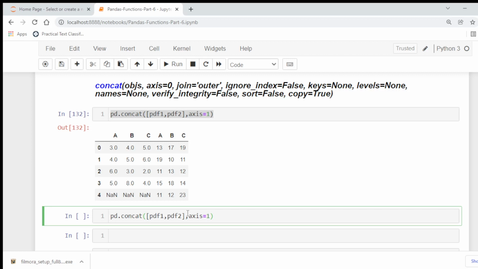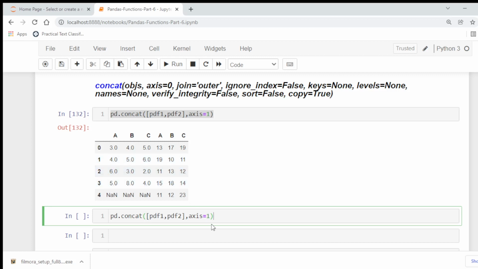Default is outer, which preserves the data, like in the above case. Although there are 5 rows in data set 2, and there is no matching row in data set 1, still the data was preserved by the outer join.